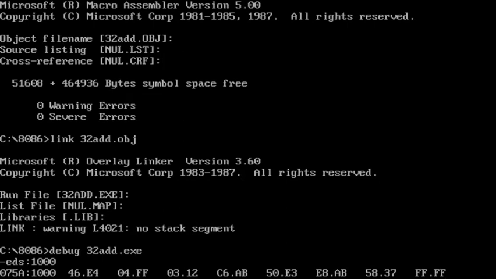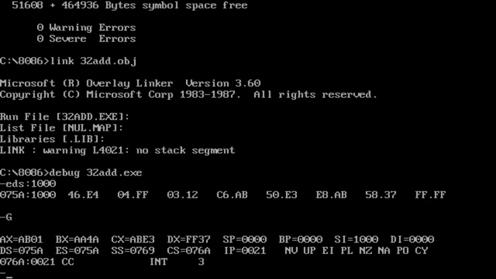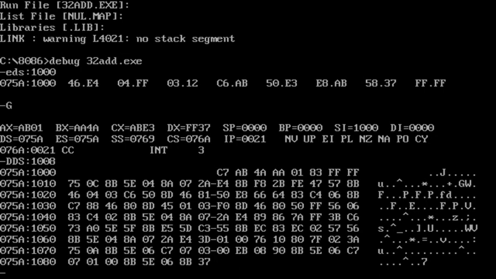So now we have to check the result. Before checking that, you have to execute by using the command G. Then to get the result, you have to display the memory data segment. So DDS, the next memory location is colon 1008. Then that is the answer. C7 AB 4A AA, 01 is the carry.